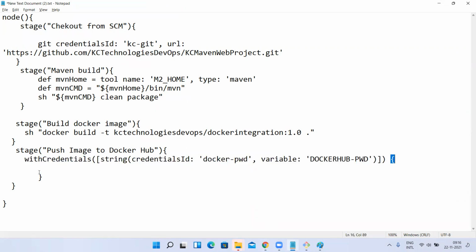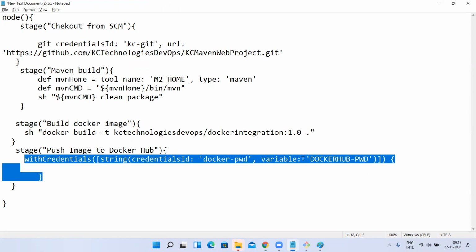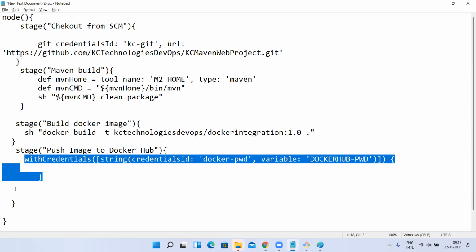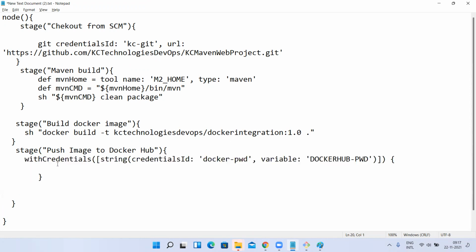Here it is starting. Where is it ending? Here it is ending. So this variable I can utilize inside this function only. If I come out of this closing of the function, I cannot use the variable. So within this only I have to use it.